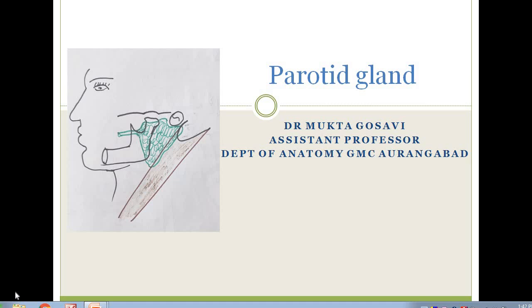Anatomy of parotid gland is important as in your clinical practice you will come across the diseases of parotid gland like mumps, then calculi, that is a stone of the parotid duct, as well as the tumors of the parotid gland, they are also common. And the anatomy is important as surgically here the parotid gland is traversed by the facial nerve. So while removing these tumors of the parotid gland, care should be taken to preserve the facial nerve.